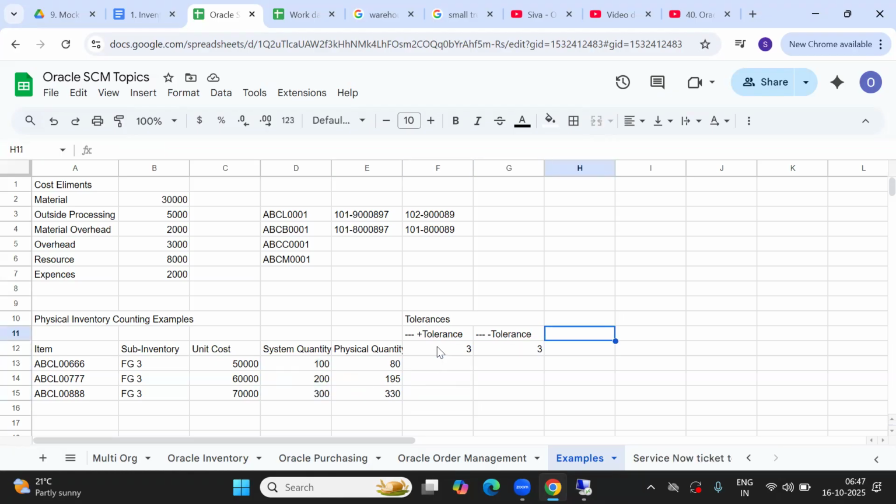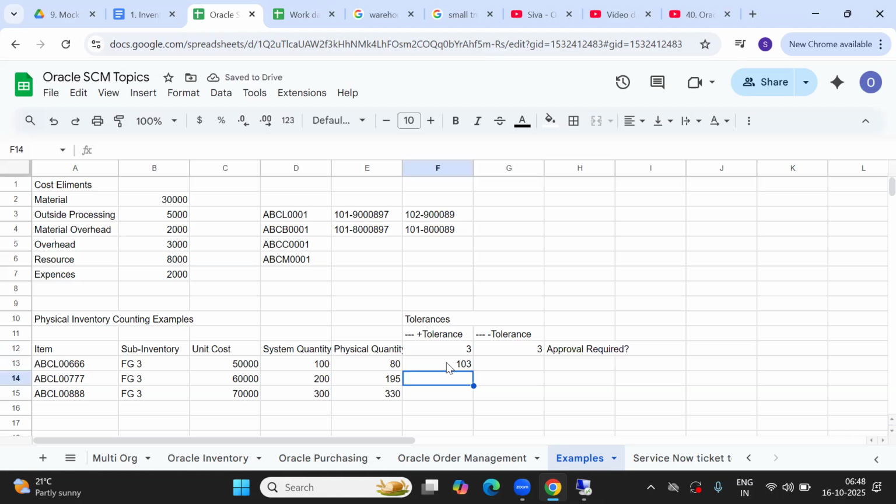We'll also add one more column: Approval required, question mark. Okay, fine. So now the system quantity is this. So with this, what is the plus percentage that will come here? On 100, what is 3 percent? 103, right?